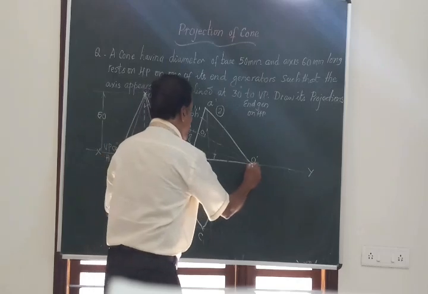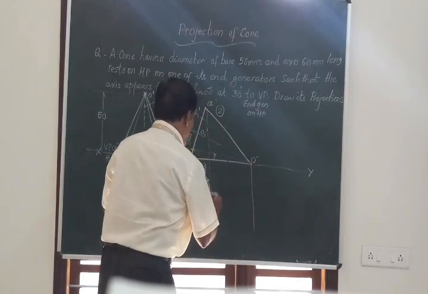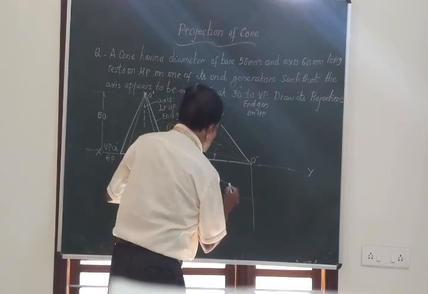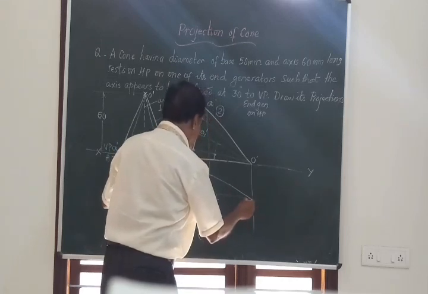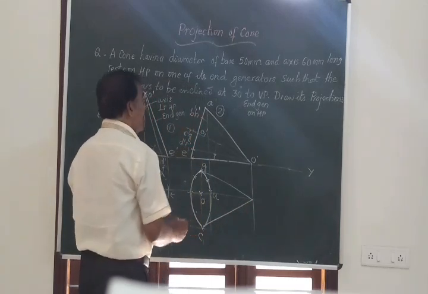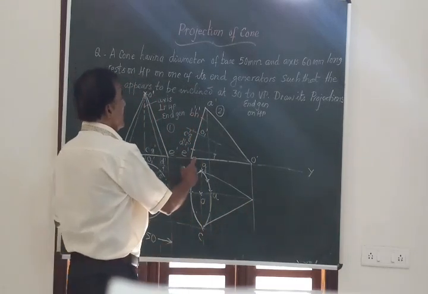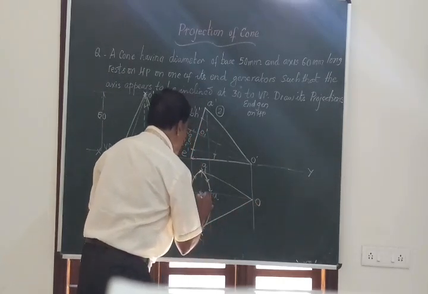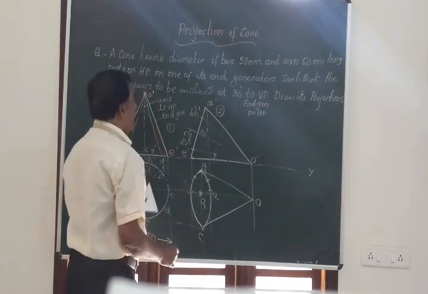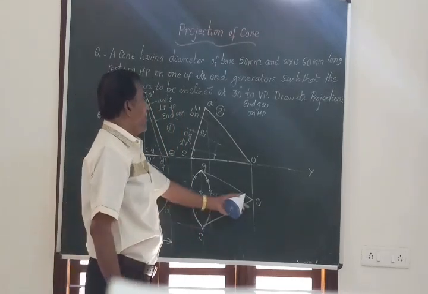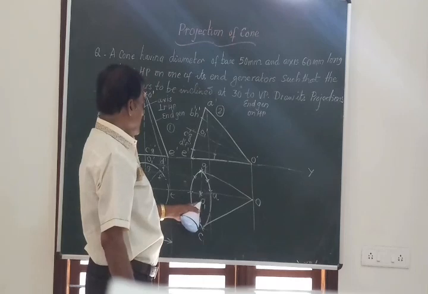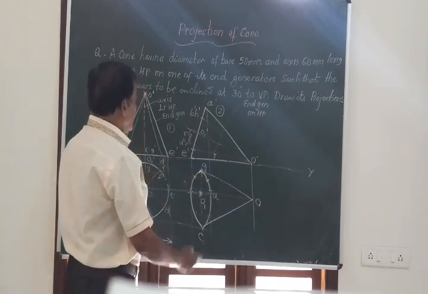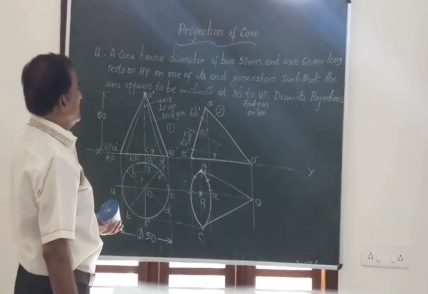So the vertex or the apex O is here. Horizontal from here. Just draw a tangent to that. You get this. And this is how the solid appears when it is resting on one of the end generators on HP. We have the vertex O here. The center of the base is O1. And now we can say that O1, the axis of the solid, is parallel to VP, whereas it is inclined at an angle to HP since it is resting on one of the end generators.